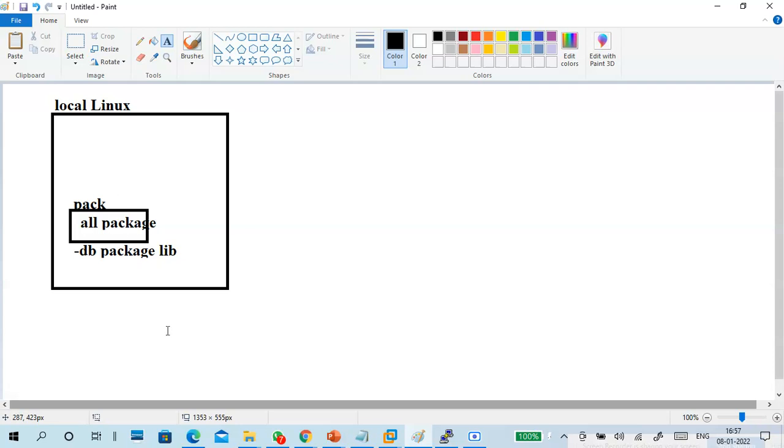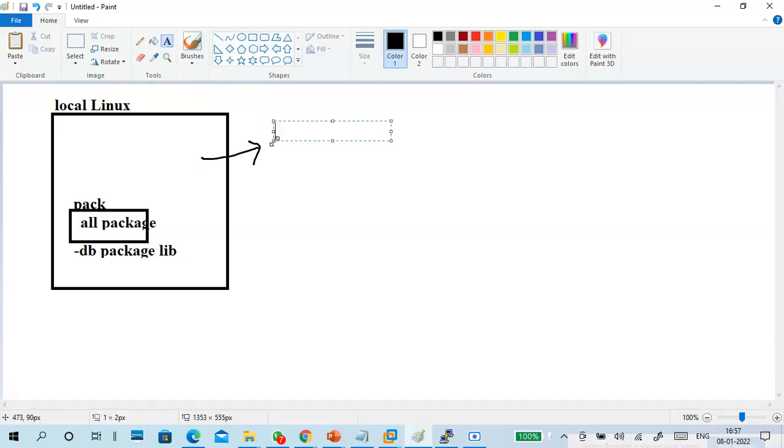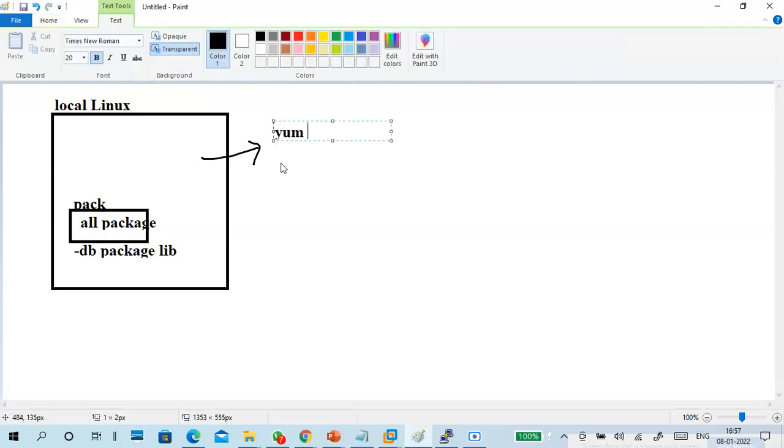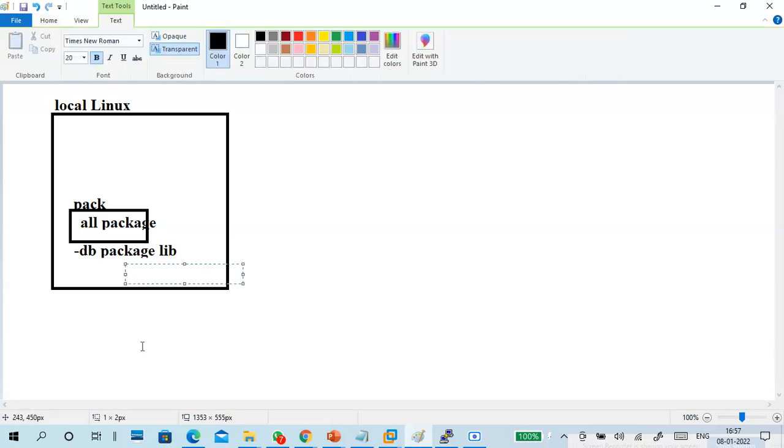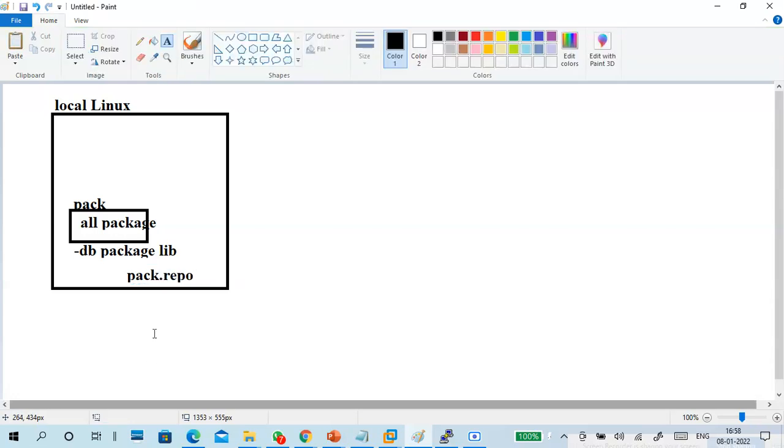Very simple. Next, in the Linux only, I'm putting these commands. Look at here. First of all, I'll create a file called pack.repo.